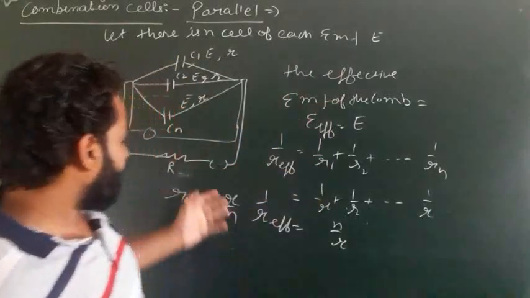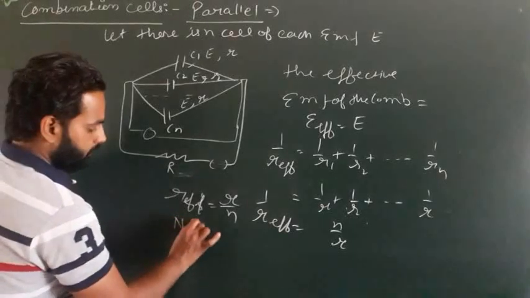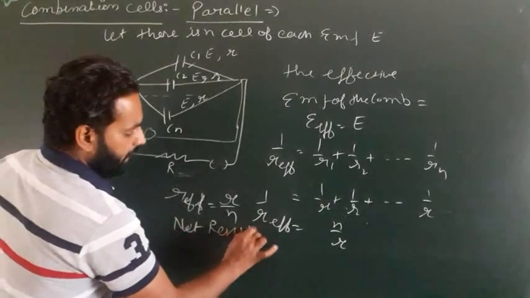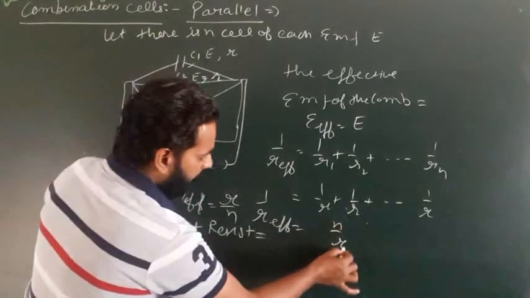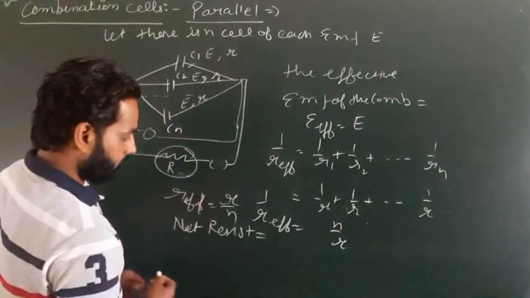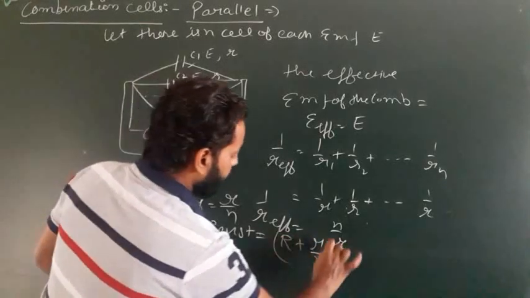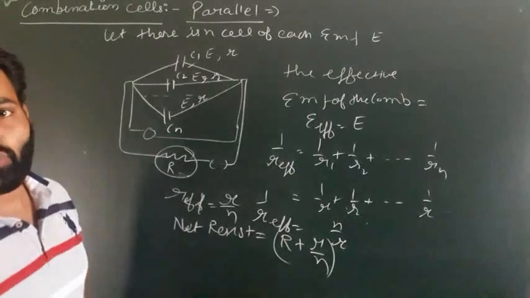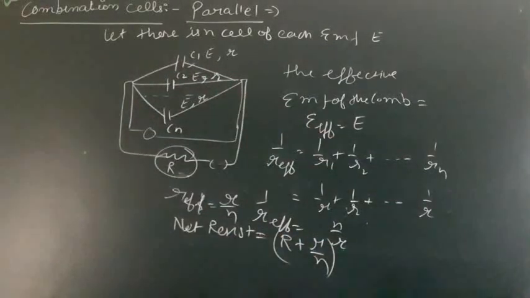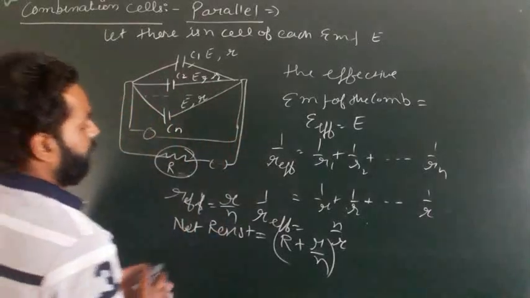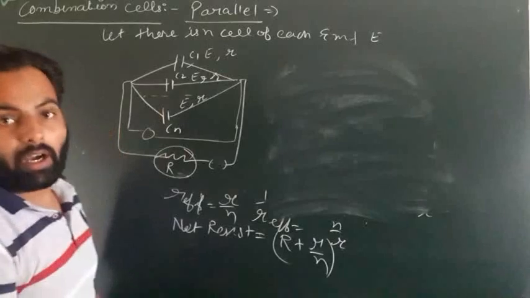Now we have to find the current I for this combination. The net resistance of the combination: external is R, internal is r by n. So the net resistance is R plus r by n. We have to find the I of that combination. So what is I? I is equal to